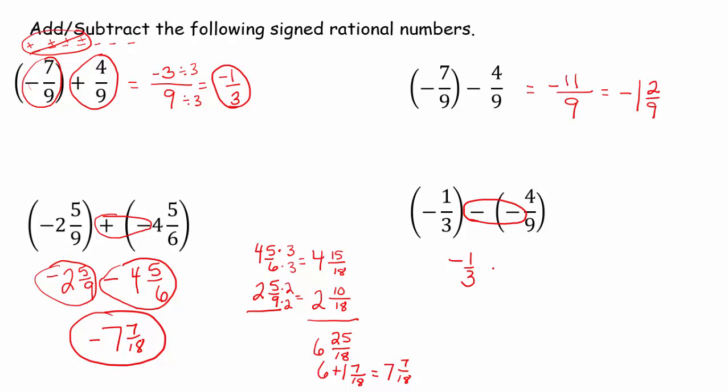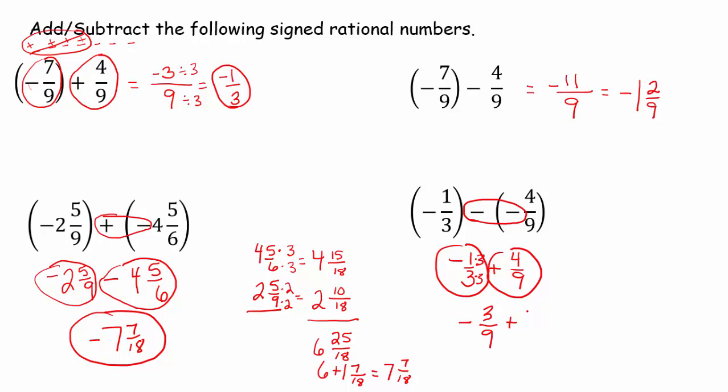This one here, hopefully you rewrote your double signs as a single sign. Negative 1/3 plus 4/9. I circle the sign that goes with the number. Oh, those signs are different. That one's a negative, that one's a positive. So I know I need to find the difference. So I'm going to find a common denominator and find the difference. So my common denominator here can be a 9. I'm going to multiply numerator and denominator here by 3. So that's a negative